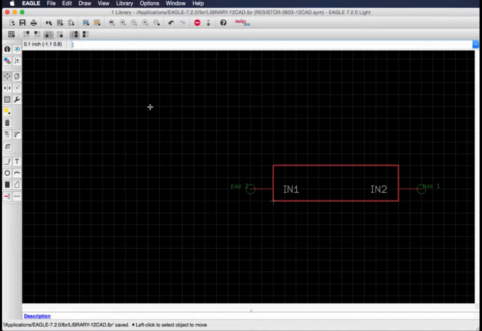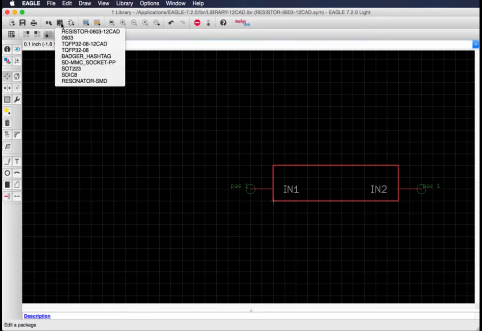Like I said before, the next step is to create a package. The package is the physical representation of a 0603 resistor on your PCB board. To do so, you can go to this top toolbar here, and we will go to package, which is the middle one,